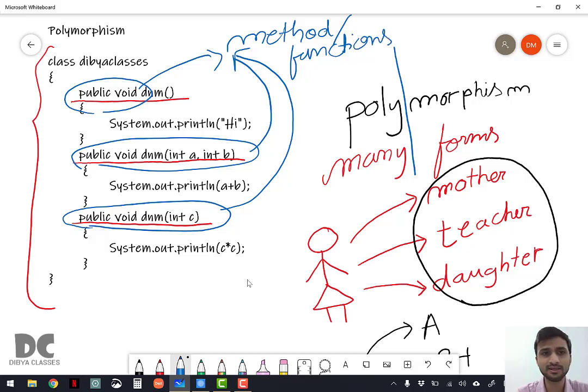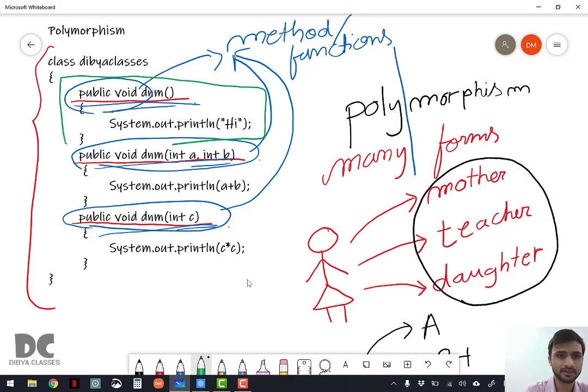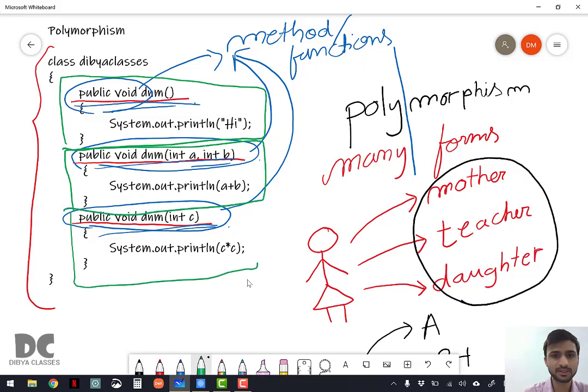Just remember in class 9 that wherever public void is written like this, we'll say this line is a method or a function. This part is a method or a function. Again, this part is a method or a function. Again, this part is a method or function.